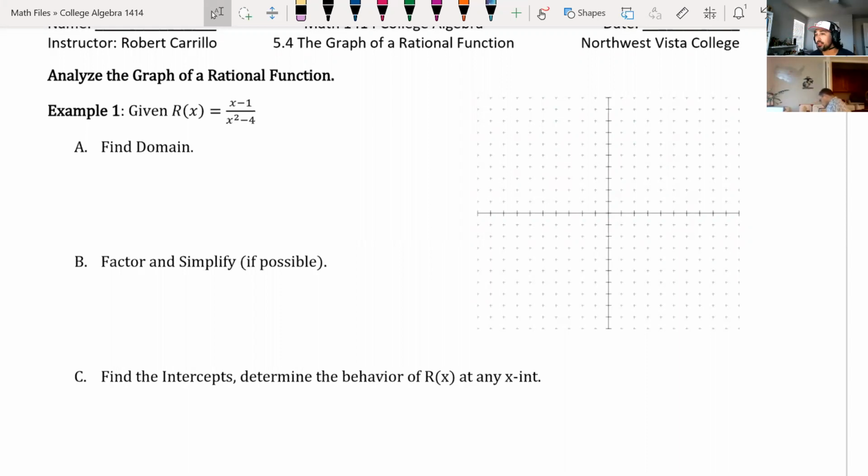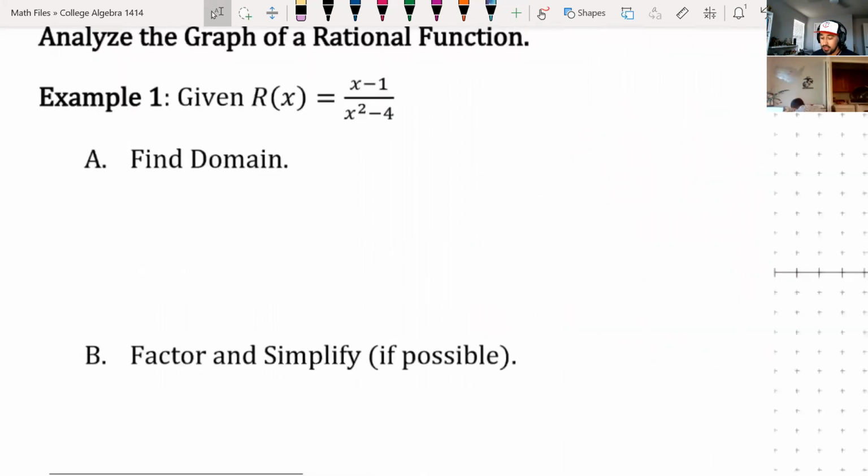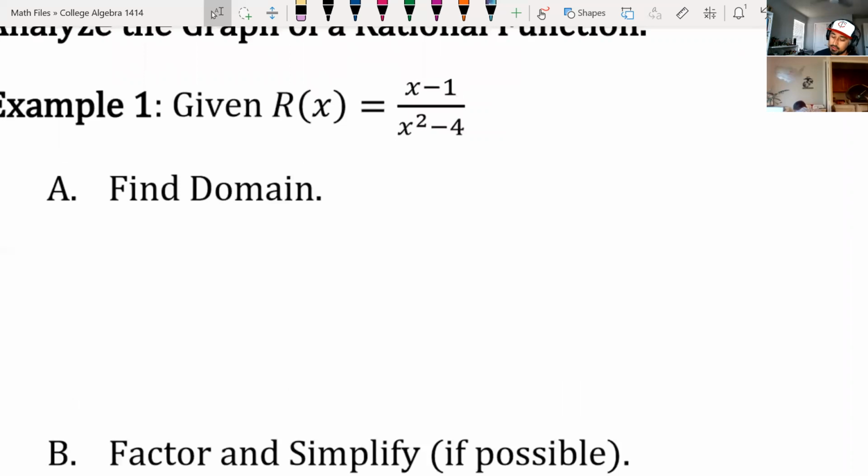So the first step we want to do when graphing a rational function is to find the domain. So given the function x minus 1 over x squared minus 4, let's go ahead and find the domain of this function. And remember from last time, domain comes from your denominator. So on a rational function, we're going to take this denominator